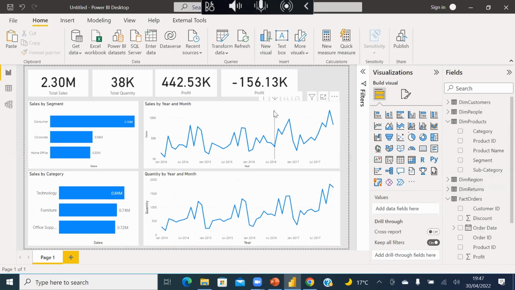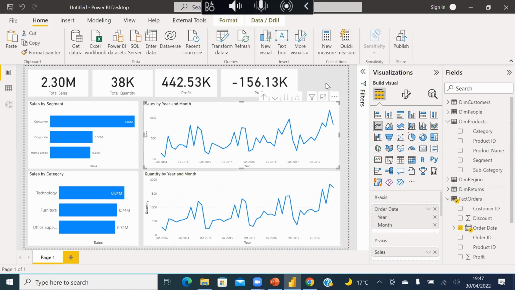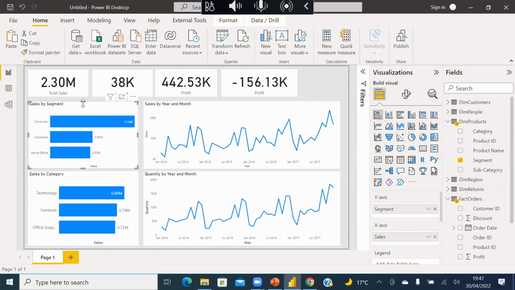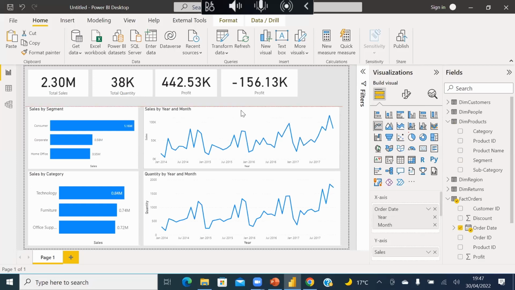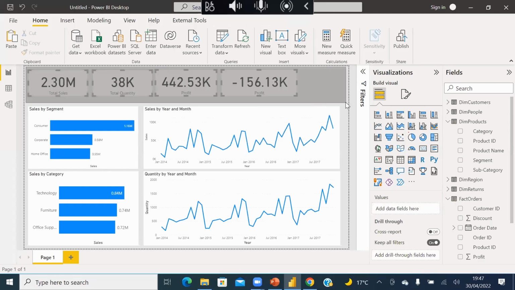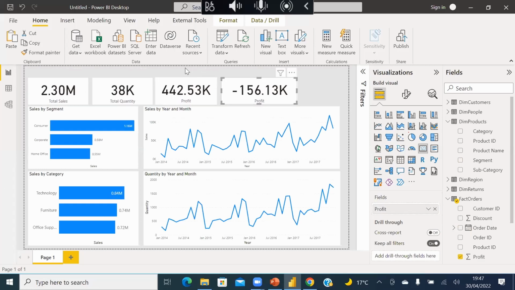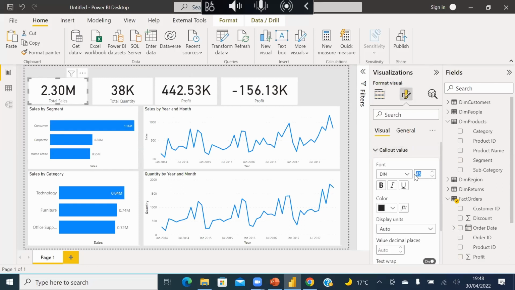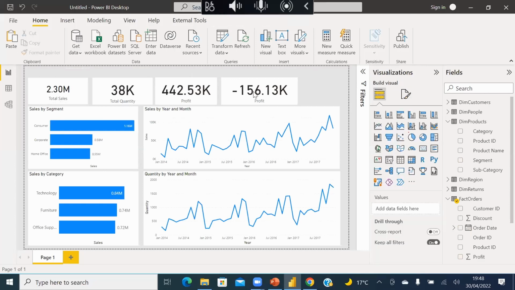So what I'm going to do is adjust these visuals a bit. We're going to reduce this a bit. So at least our report should have a title. So we can take this down. Okay, this is fine here. You can actually reduce the size of this. If you feel this is too big, you can come here, go to callout value, saying 45, you can reduce it to 30, right? Reduce it to 30, you see it's a lot smaller. Sorry about this. Yeah, it's a lot smaller. You can minimize this. You can actually reduce the size.